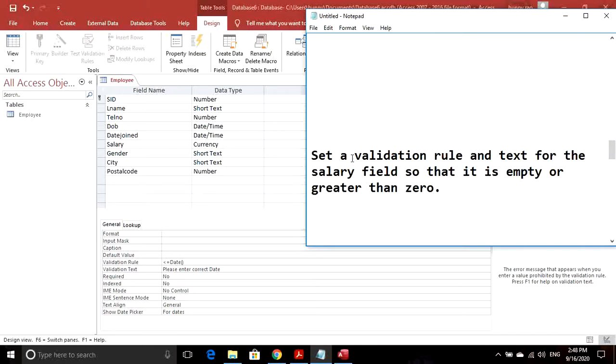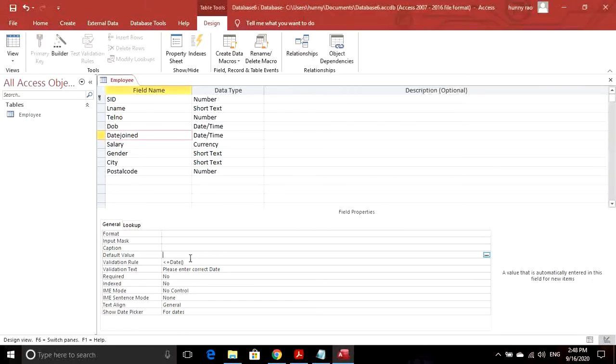Next task is set a validation rule and text for the salary field so that it is empty or greater than 0. So now we have to apply validation rule on salary field, that either it can be null or it is greater than 0. So the user cannot enter the 0 value or the negative value.